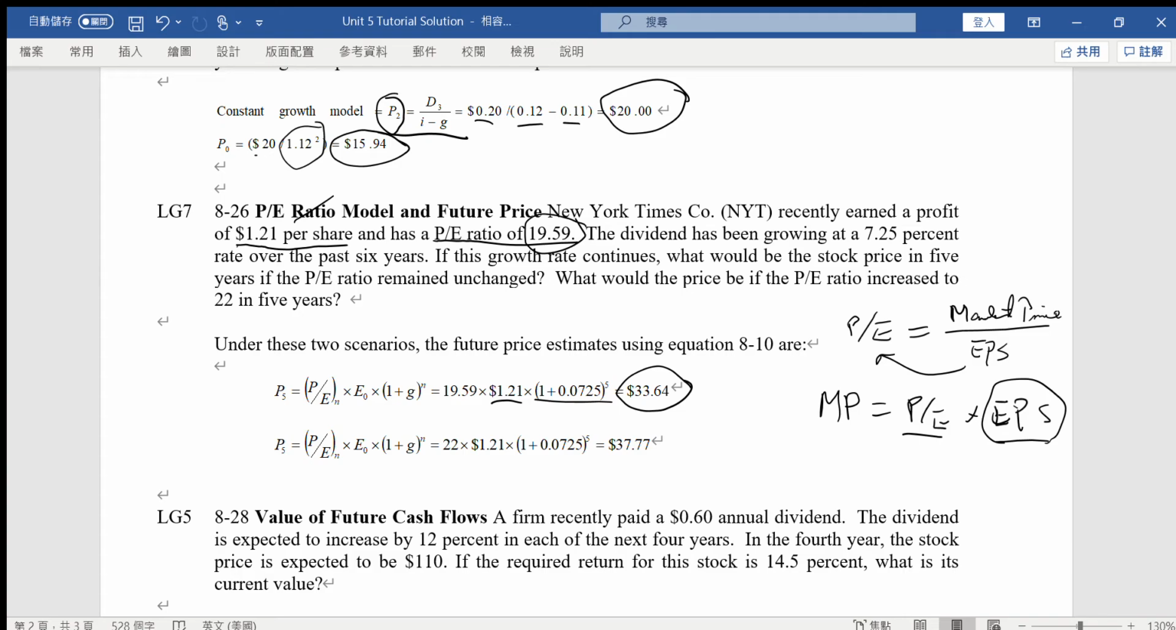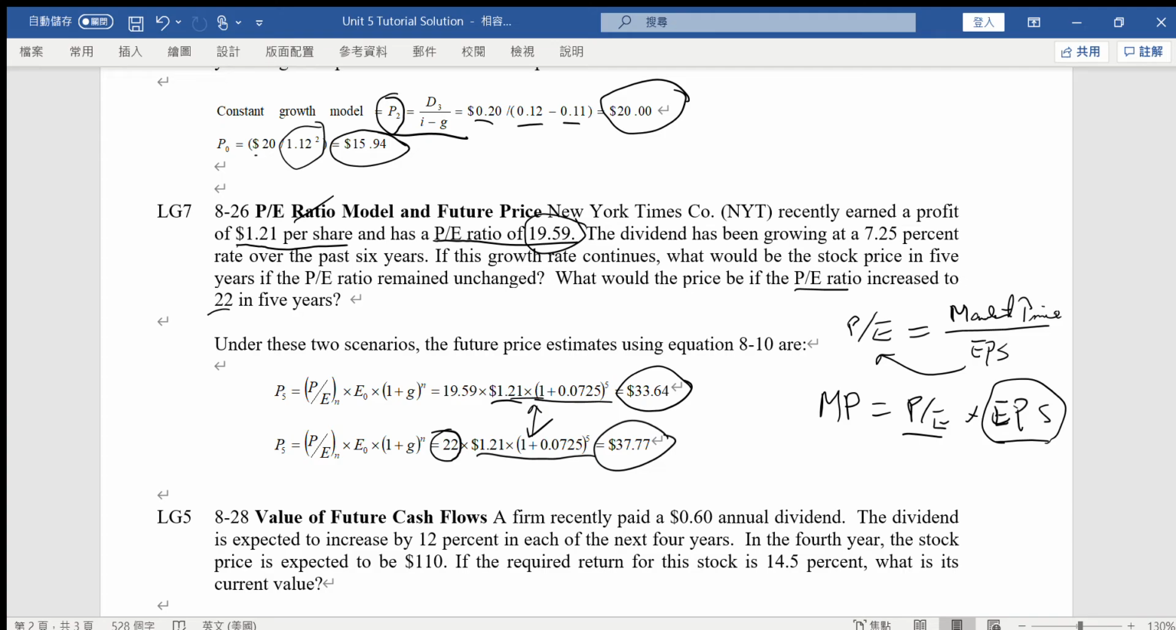Okay, the question also will have another part that will be asking you if the PE ratio increased to 22 rather than this 19.59, and then what will be the market price of the share. Okay, similar things, we just change the figures of the PE ratio, and that will be equal to